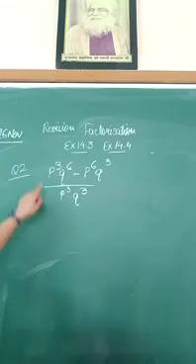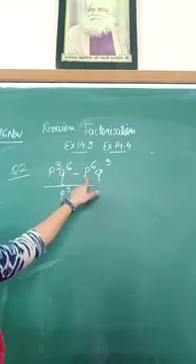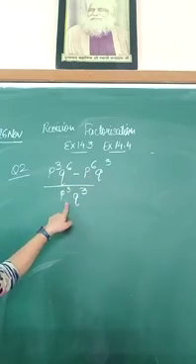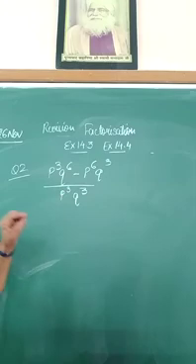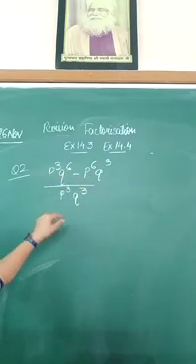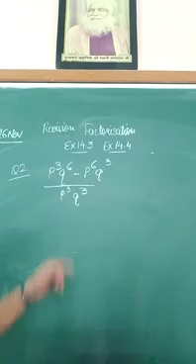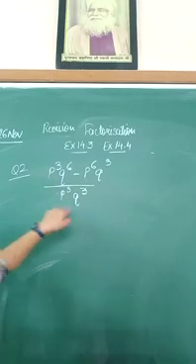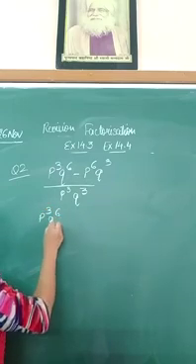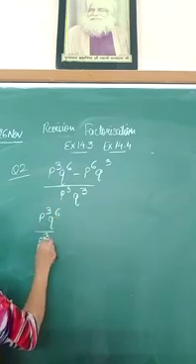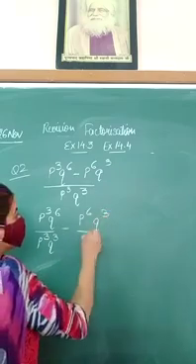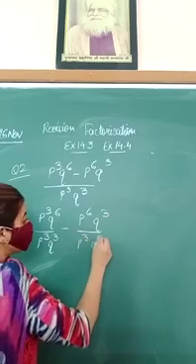Question number 2. In this you can see that in the numerator you have a binomial term and in the denominator you have a monomial term. So for this two ways are there. Either you take common from the numerator, then you cancel out, or the second way is you can separate the terms. So for this, p cube q raised to power 6 upon p cube q raised to power 3, p raised to power 6 q raised to power 3 upon p cube q.